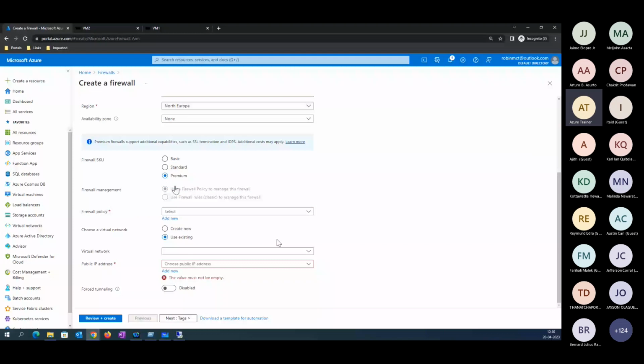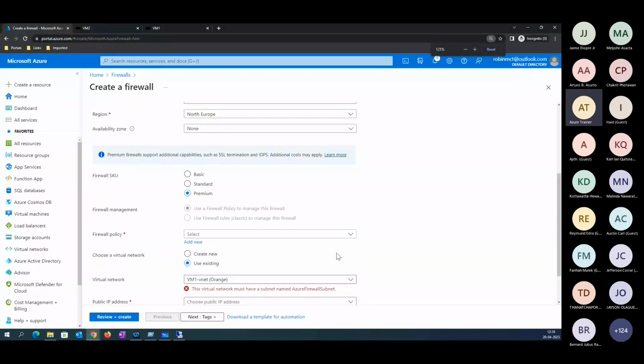So the moment you start creating this, I selected a network here. Right now, you may see there is a message: whenever you create a firewall, you need a dedicated subnet to be created. In case I need to create a firewall, it always needs to have a dedicated subnet available.